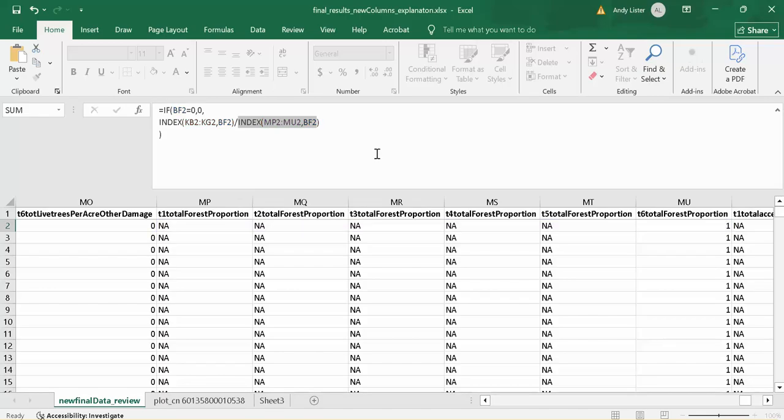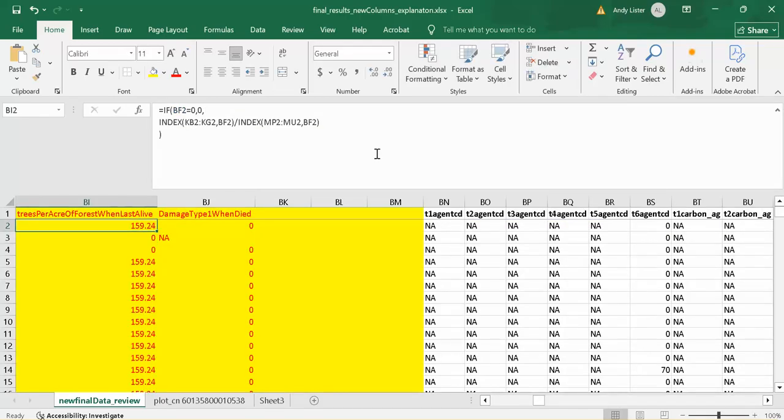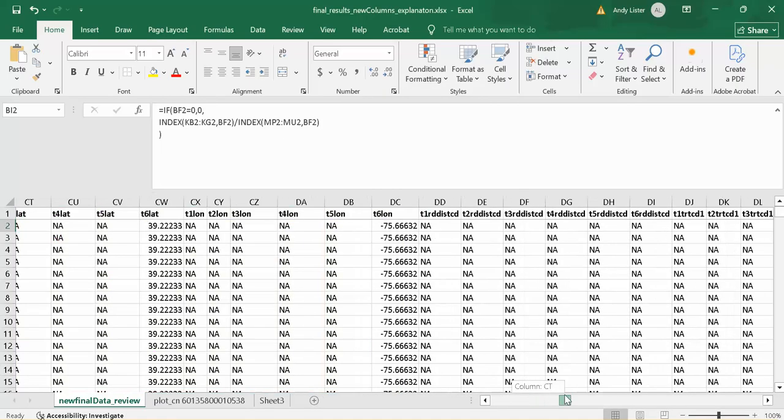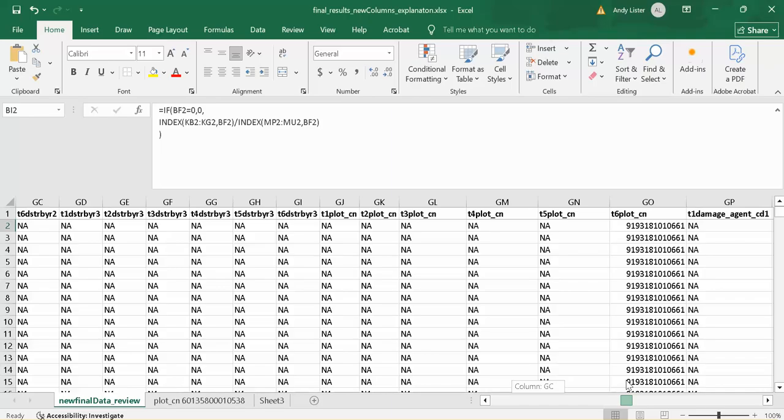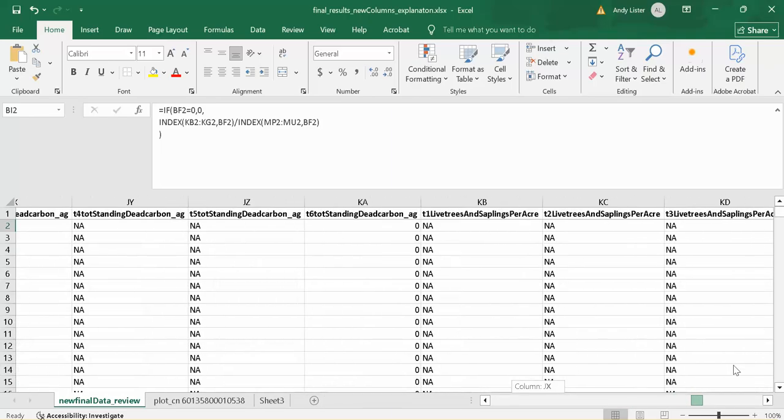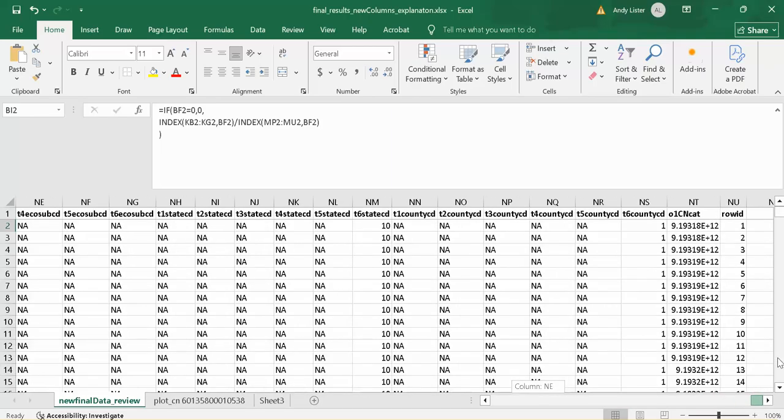Let's verify that: 159.24. If we go back over there to MP to MU, MU,